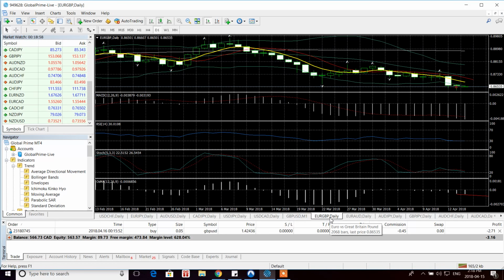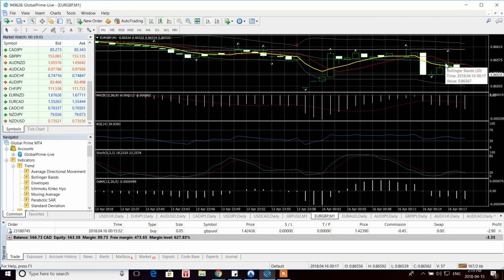So this one, Euro, GBP, let's see. So we'll see here, since here's where it would have started, and now it's going on its way down. Now, it's not every time, the author says that it's like 80% wins. So some of these will go in the opposite direction. I'll show you here